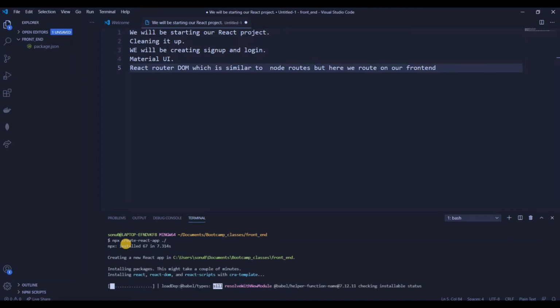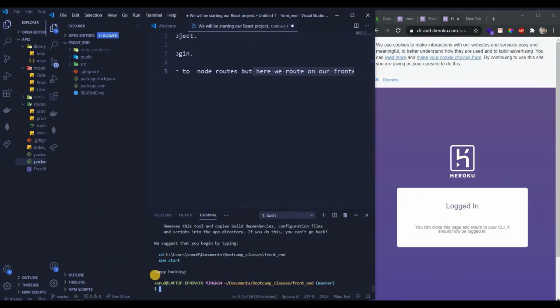So yeah, it's gonna take a while to create this, so just wait for a while. Once all the dependencies are installed, it will just give you a message called happy hacking.